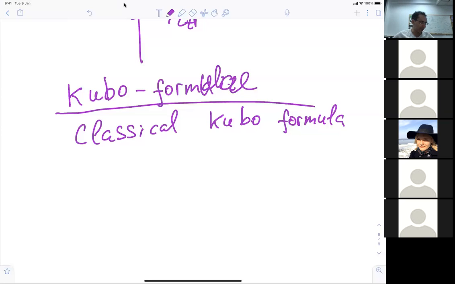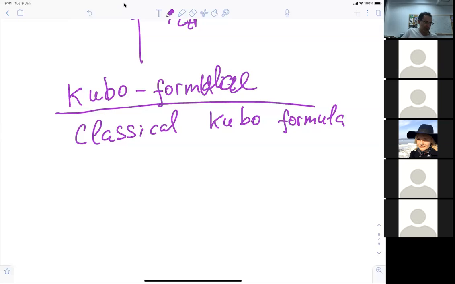I think it will give you some spirit of what the Kubo approach is and how it works. So what is the idea of the Kubo approach? The main idea: we are interested in some response coefficient. In this particular case, it's